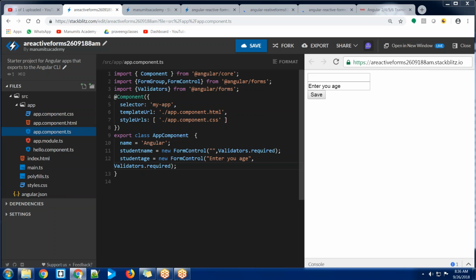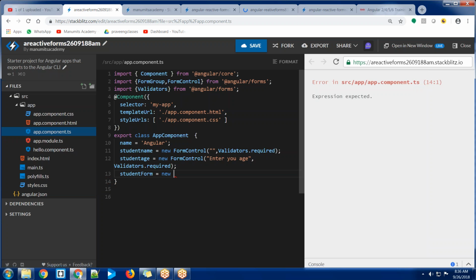So to group them, we are going to use the form group. Here I would like to create a student form. This means this is a group variable, new form group. So I'm creating an object for form group. In this form group, it is expected to pass whatever controls you want to group together in an object